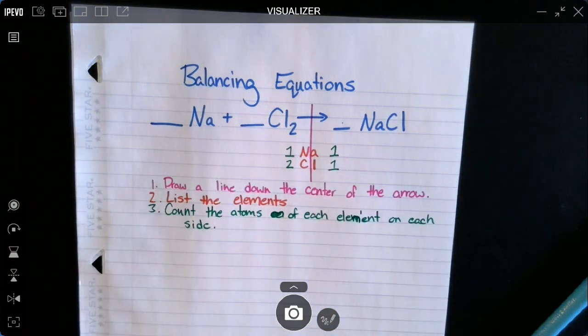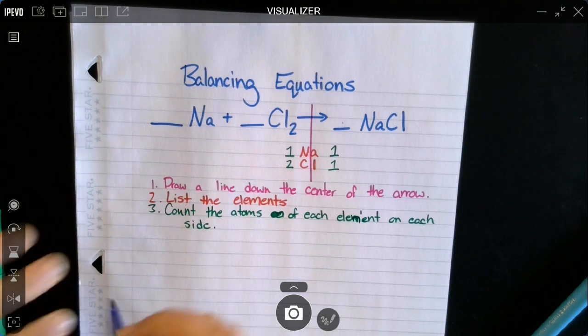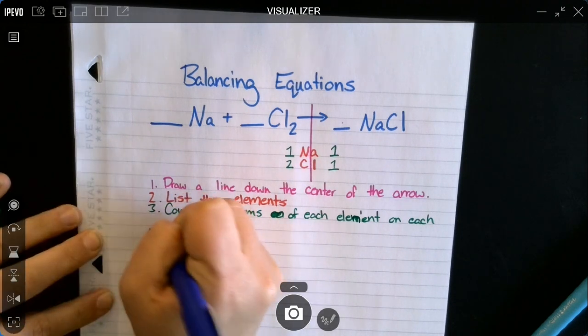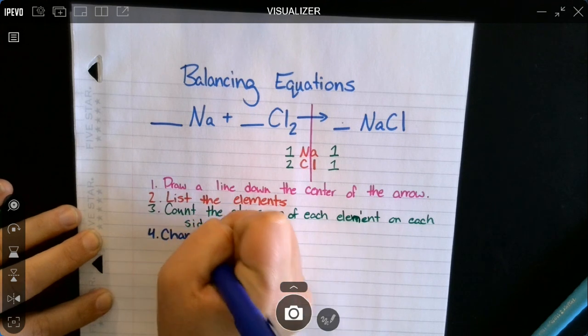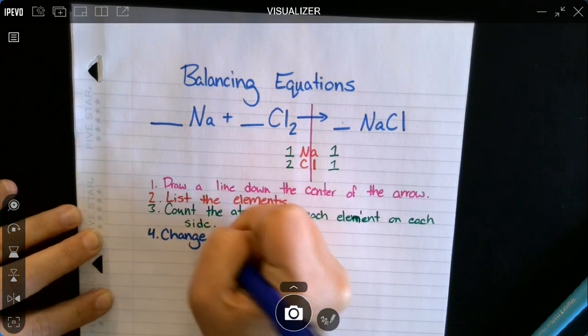So each side I count separately. I count the Nas on the left, I count the Nas on the right. Count the Cls on the left, count the Cls on the right. Now balancing is exactly what it says it is. We're going to try and make them equal. Like balancing a teeter-totter, you're going to make it equal. So the fourth step is you change the coefficient, not the small number, not the subscript. Change the coefficient, so the number out front,